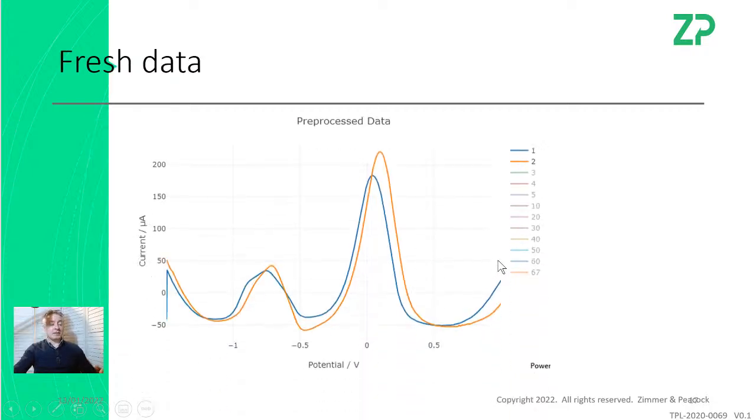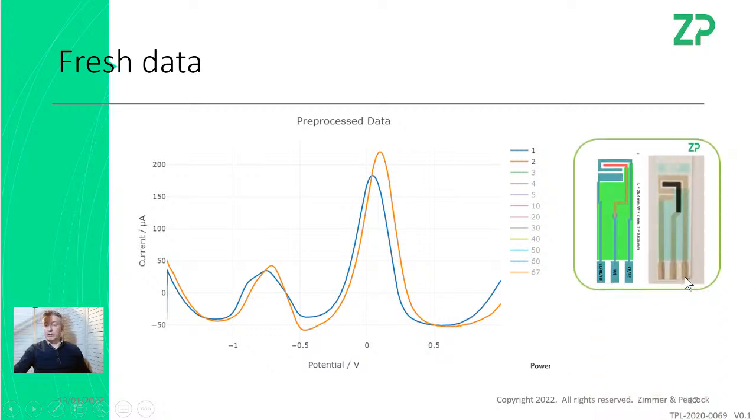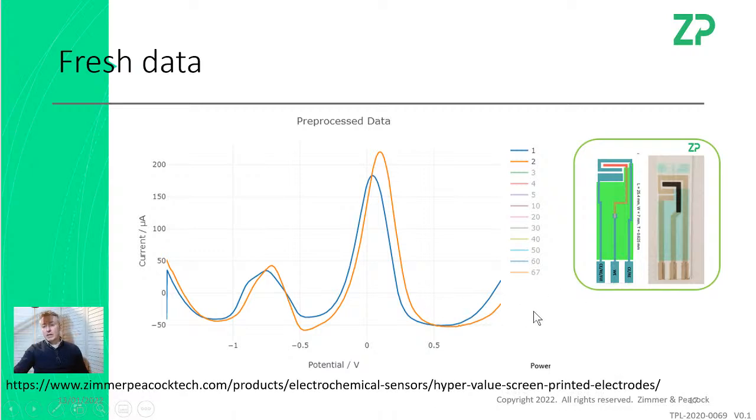It's probably worth saying that when I make these recommendations, this is some data that we got this week. This is detecting some heavy metals using anodic stripping voltammetry, and we did it on our hypervalue carbon electrodes. So what can I say there? I can say that my recommendation is based on data we actually do in the lab. Because the inquiry was actually